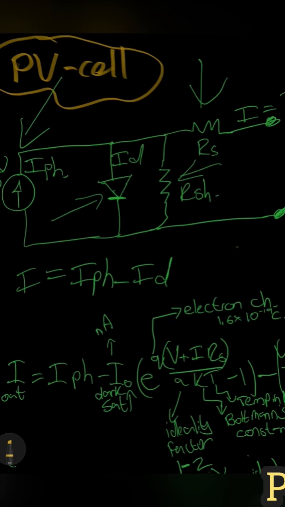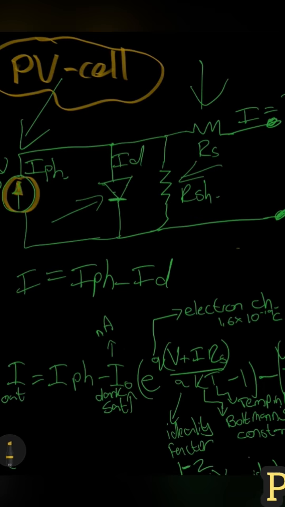So let's go and take a look at PV cells, right? If you're looking at a PV cell, you'll be looking at a current source, generally simulated by the PN junction. Electron-hole pairs would provide you with electron flow, would provide you with a current source. But we can't just look at it like a current source because we have to simulate it with essentially a diode in parallel with it, as well as a shunt resistance for leakage current, as well as a series resistance